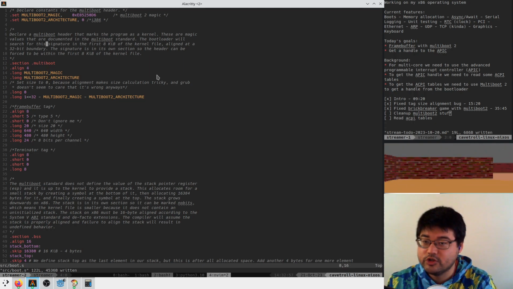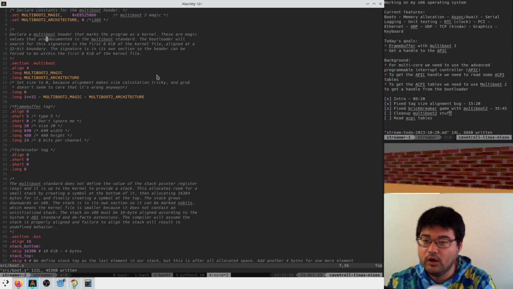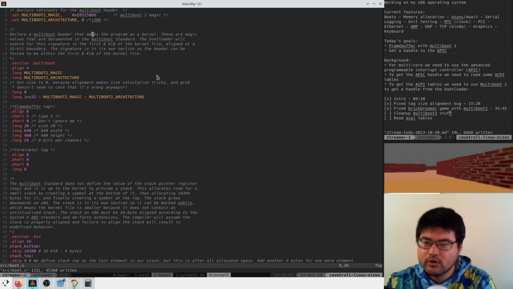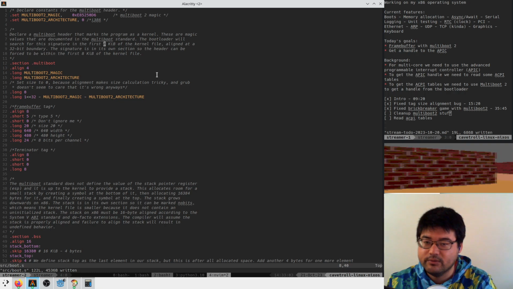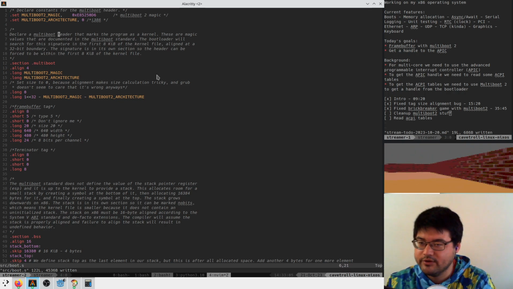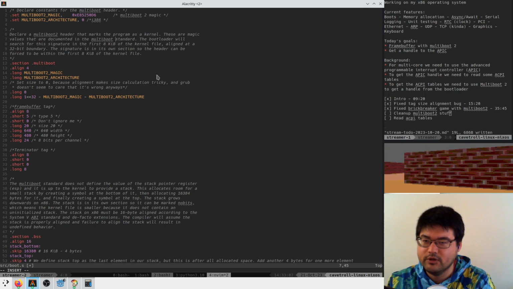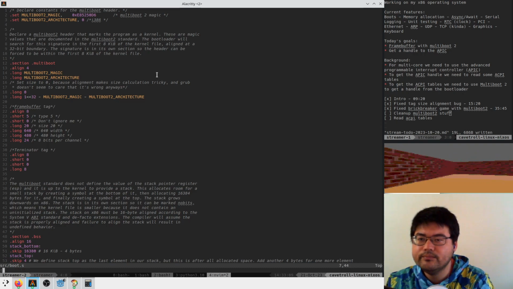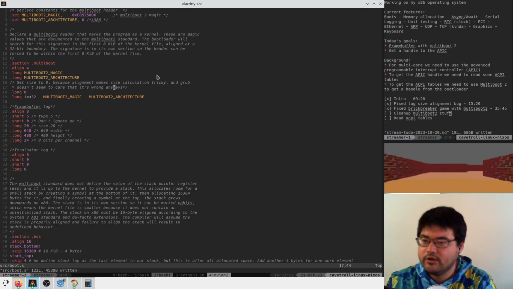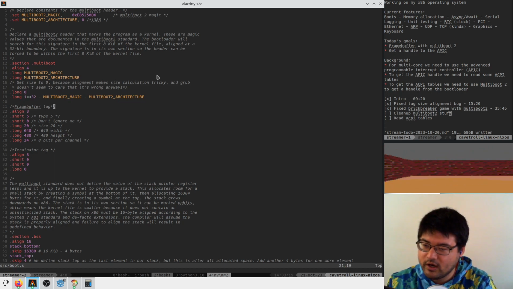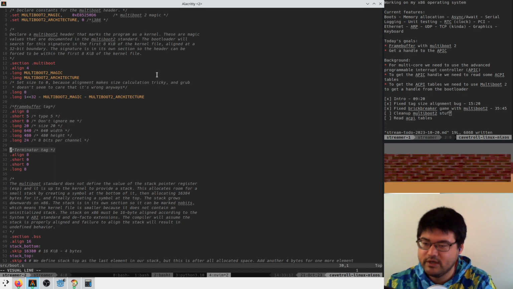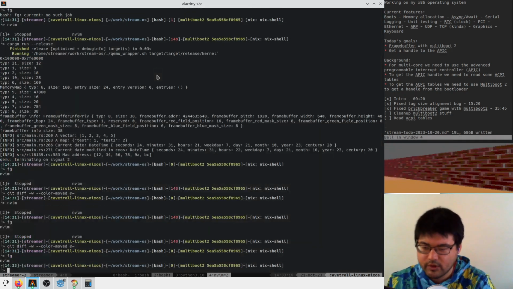This is still true. The bootloader will search for the signature in the first 8 kilobytes. The code, blah, blah, blah. Sure, yeah, this is true, except we should just say that this is the multiboot 2 stuff now. Checksum is still reasonable. Size set to 0. Grub doesn't care. This is the framebuffer tag. This is correct. Terminator tag. This is also correct. Okay, I'm happy with that.